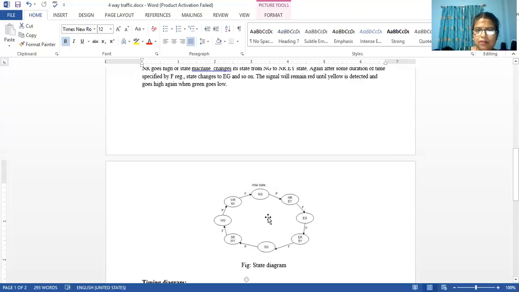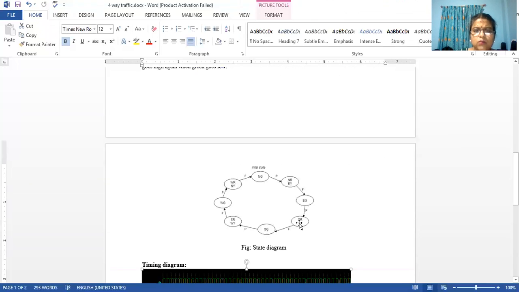Okay. For example, you are in south green. Suddenly he tells that the chief minister is coming. So you want the flow to happen in only one direction. What he has to do? He needs to do a start pulse. You go back to the initial state and make everything zero and come to that state and fix it there. Fix the maximum time there. If he wants a direction to be green, he has to program the counter with the maximum value, or he can switch off all other things and only this state is high. Okay, so this is the timing diagram.